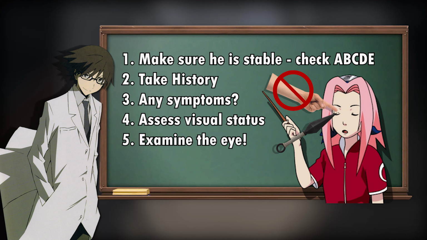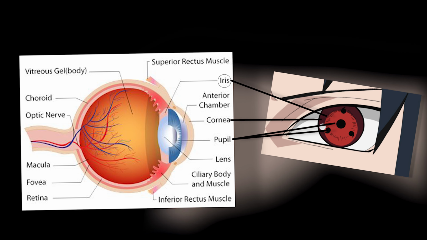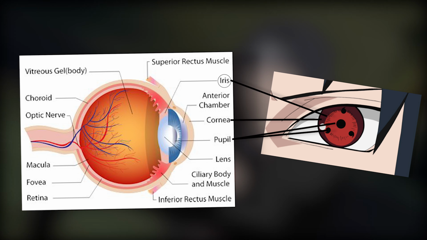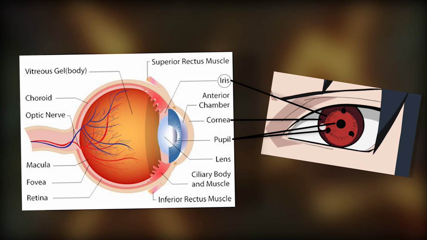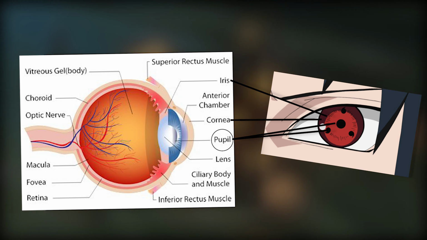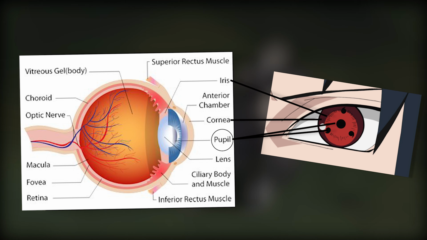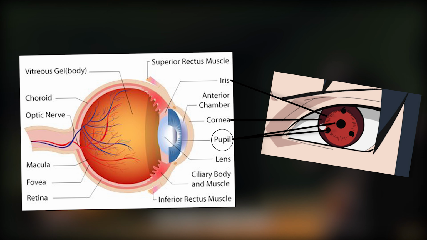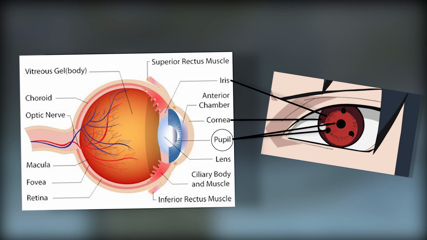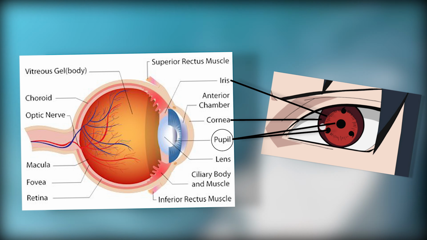Whilst we're here, let's talk a little bit about eye anatomy. Let's start with the iris, which is actually what makes the different colours found in the eye, and it's probably what is causing the red colour found in the Sharingan. It's also responsible for changing the size of the pupil. The pupil is the black dot found in the eye and is perhaps what makes the black parts found in the Sharingan and is responsible for capturing the parts you are seeing. Now, if the Sharingan has 4 of these parts,